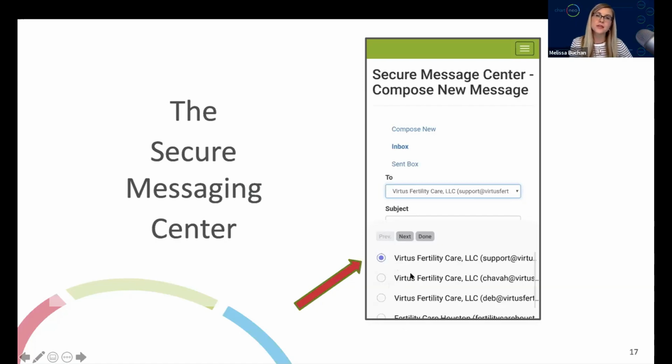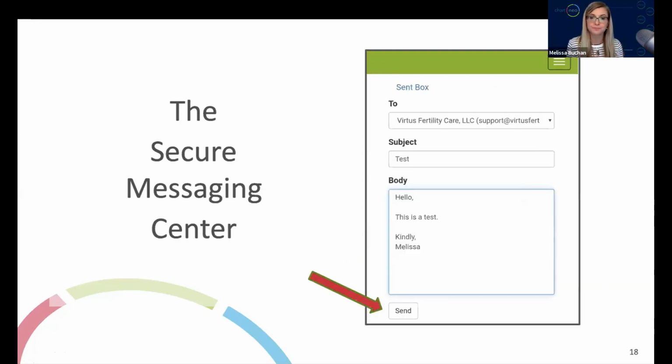So then the client or patient selects who they want that message to. Now, within a provider network, if they're sending a message to me, none of the other coaches in my provider system can view those messages. It is just secure communication between me and the person who sent the message. So they simply write it like an email. You pre-select who you're sending it to, test, hello, this is the test,